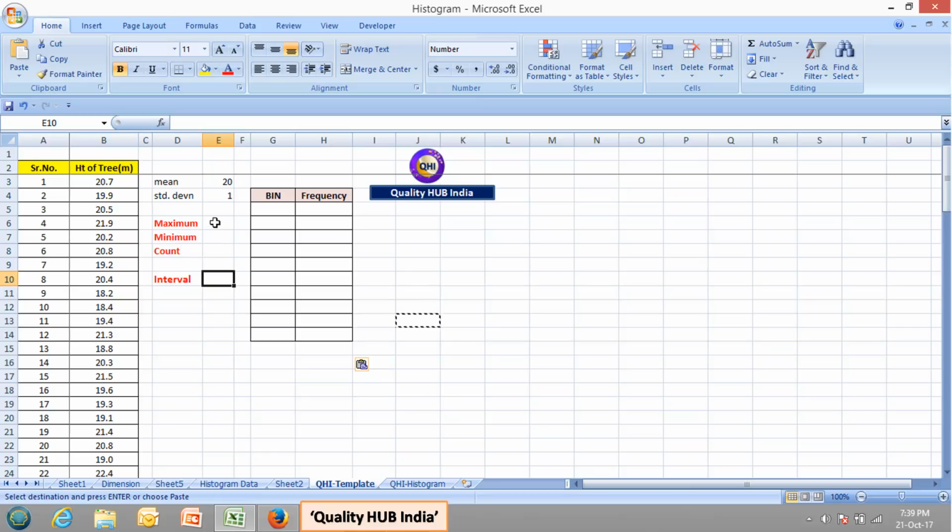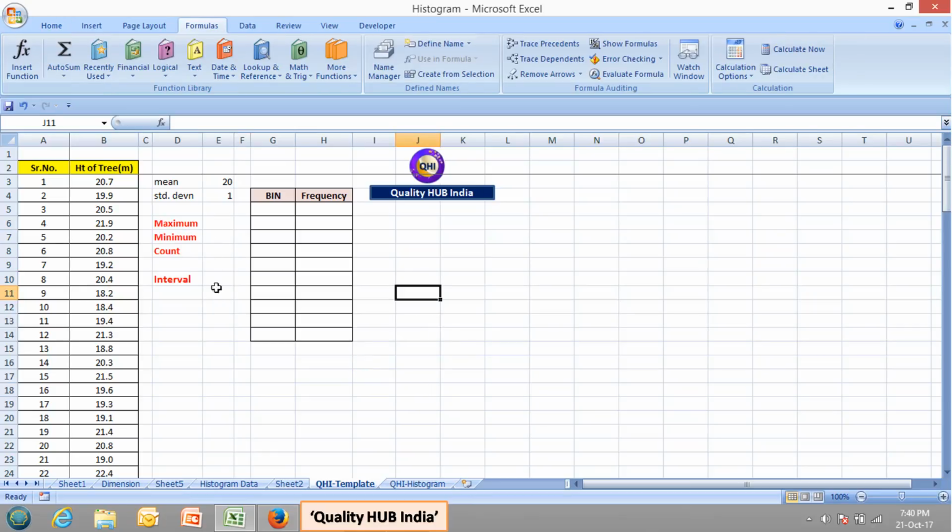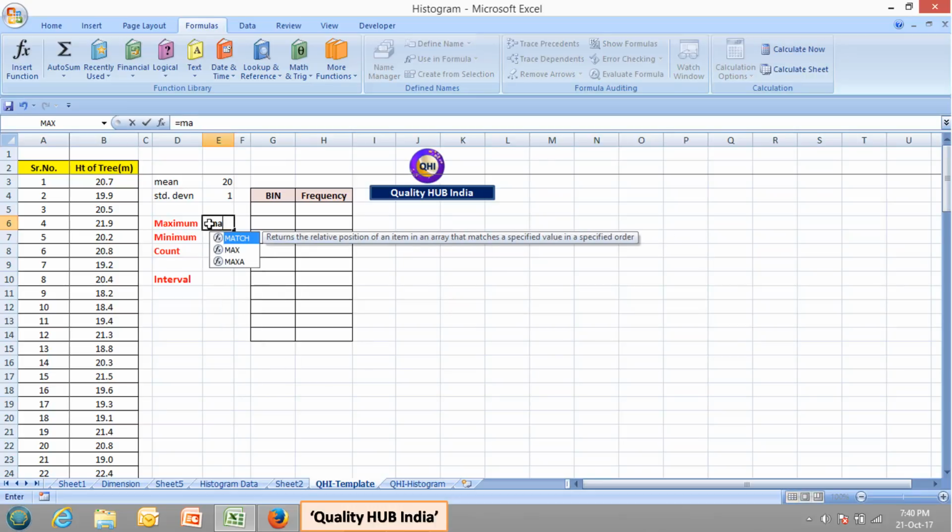So let's first identify the maximum value. To identify the maximum value, we'll place our cursor over here, type is equal to, and then start typing max. When you type max, you will get a drop down menu. Double click on max. Then it is asking you to identify the numbers for which you want to find the maximum value. So we will select this whole set of data points.